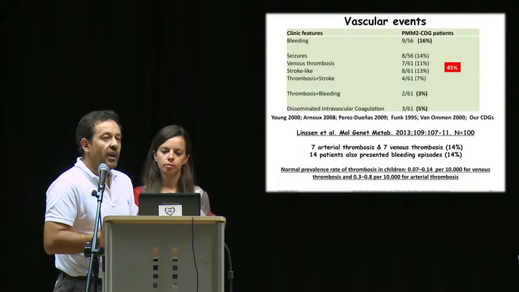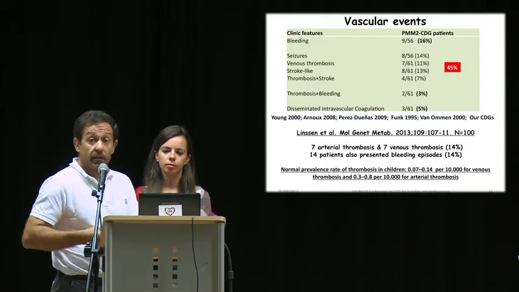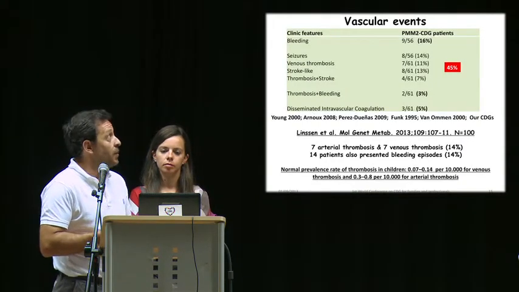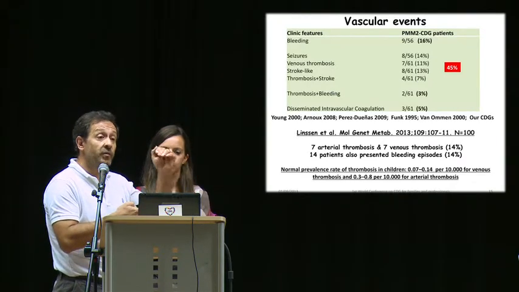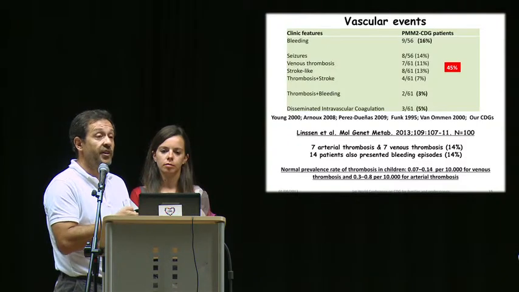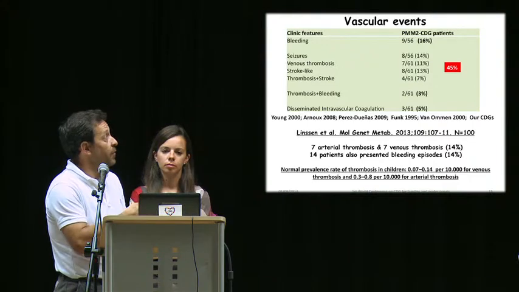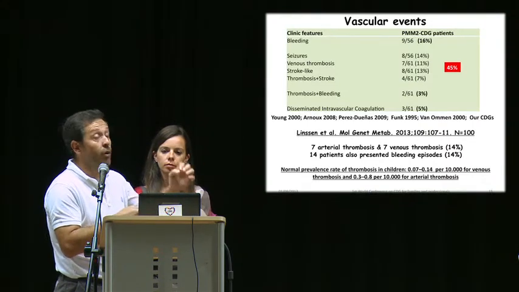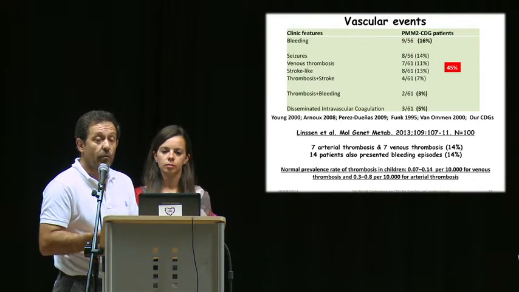And what happens from a clinical point of view? We still have few data on that. And as you have already said before, we have observed patients with bleeding events, but also with thrombotic events. And maybe we can pull all these manifestations that could be associated with a thrombotic event.